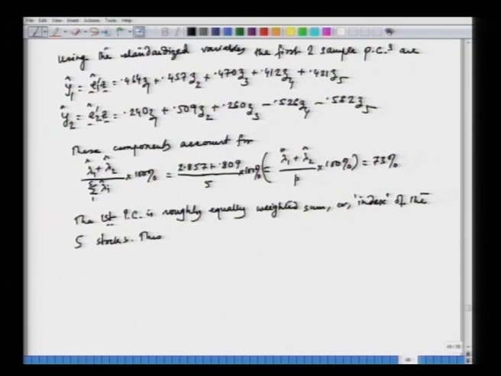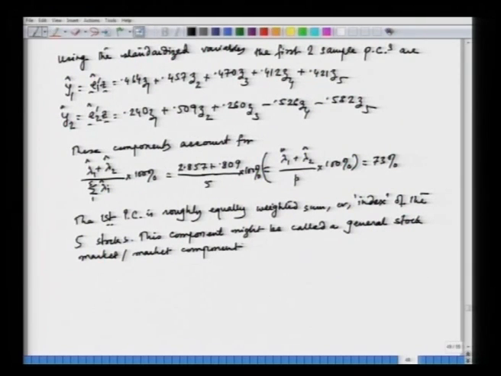This component, this principal component, that is Y1 hat, can be thought of, might be called a general stock market or just a market component, right. And the second principal component, the second PC, represents a contrast